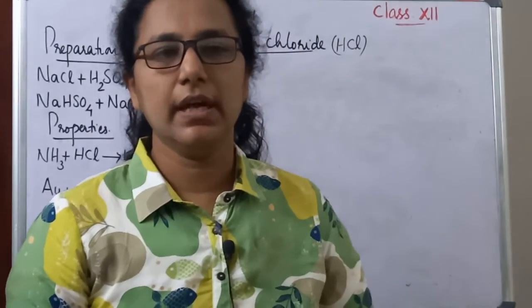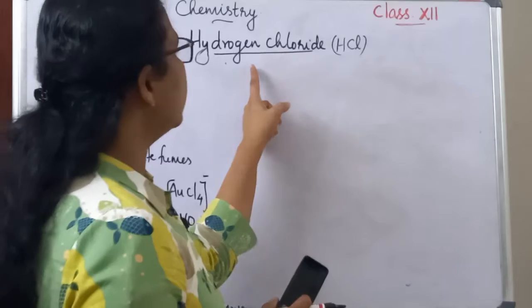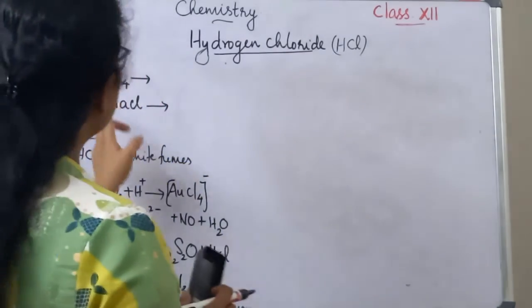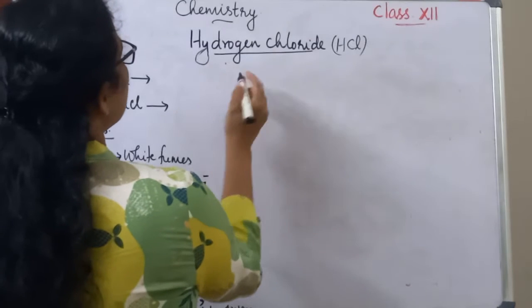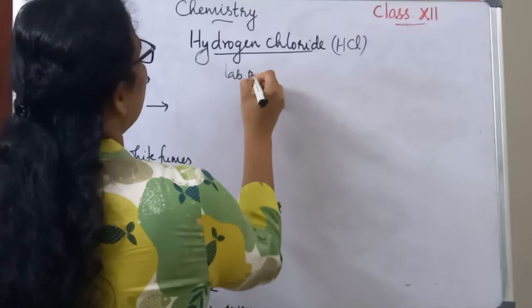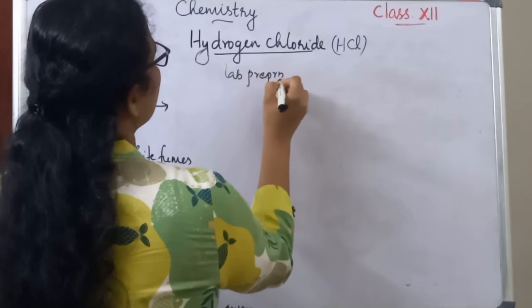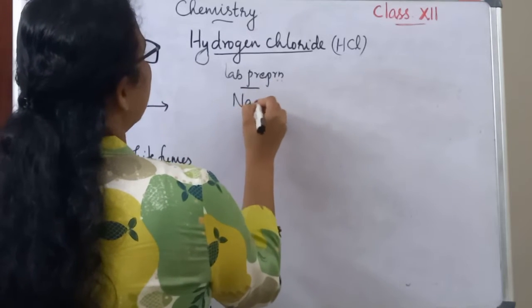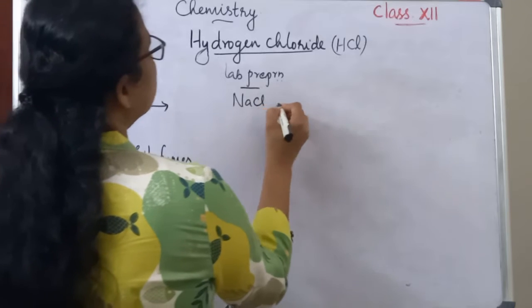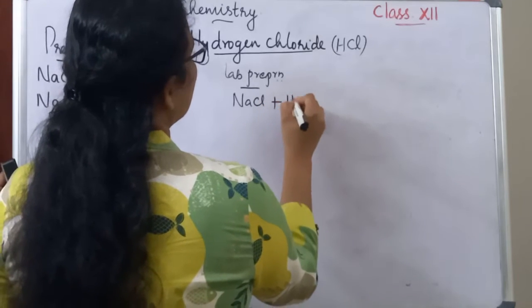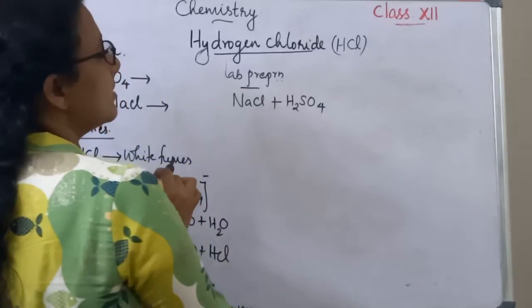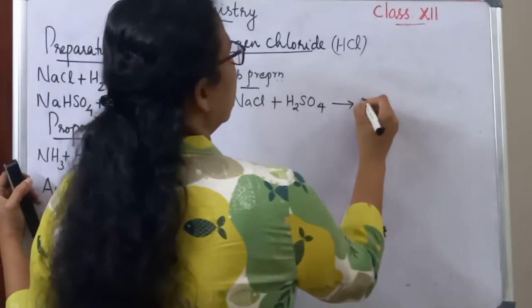Hello students, let's begin another topic that is about hydrogen chloride, HCl. So hydrogen chloride is a gas. We will see the preparation first. So first one is laboratory preparation or lab preparation. So it is the reaction with the sodium chloride and sulfuric acid. So when sodium chloride is treated with concentrated sulfuric acid, we will get